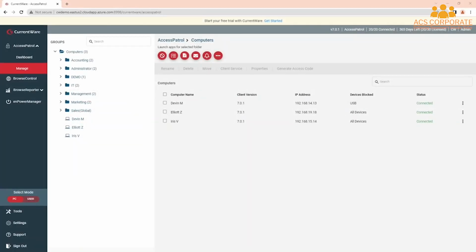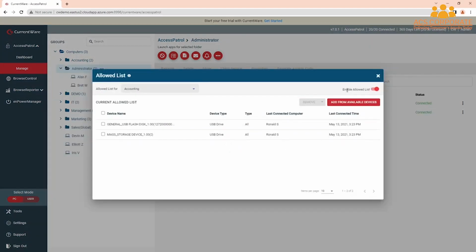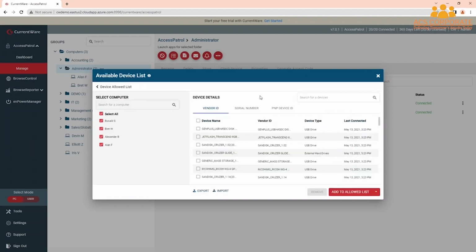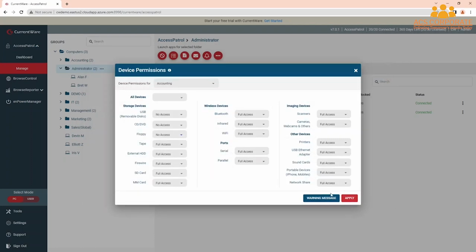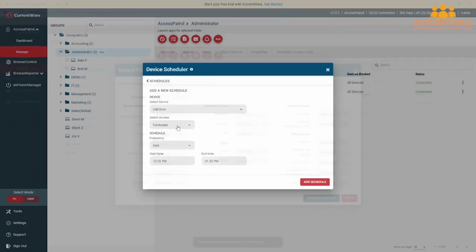Today, I'm going to show you how to get started with implementing your first USB security policies with AccessPatrol. This video will cover the key features of AccessPatrol, including how to configure device restriction policies, such as restricting removable media to trusted devices only, how to apply unique device restrictions to groups of users or computers, how to temporarily